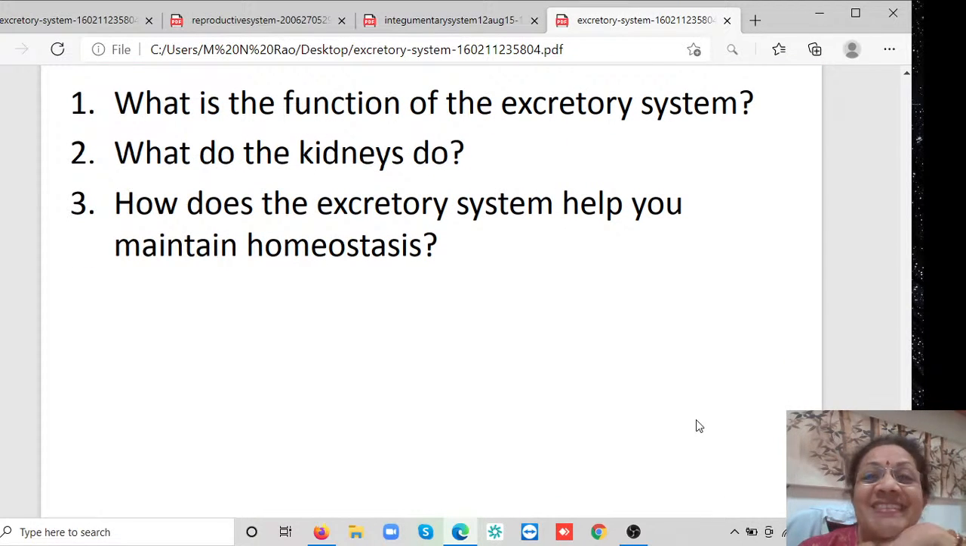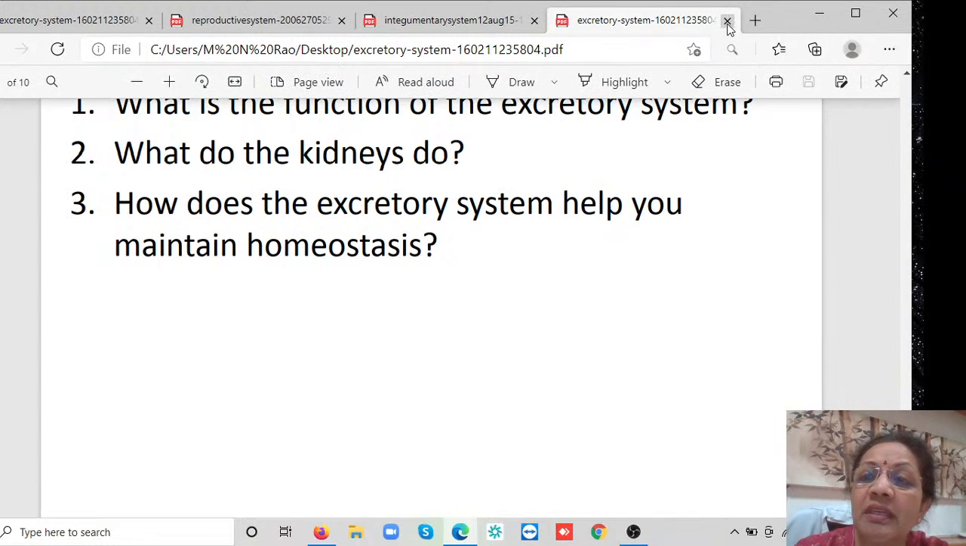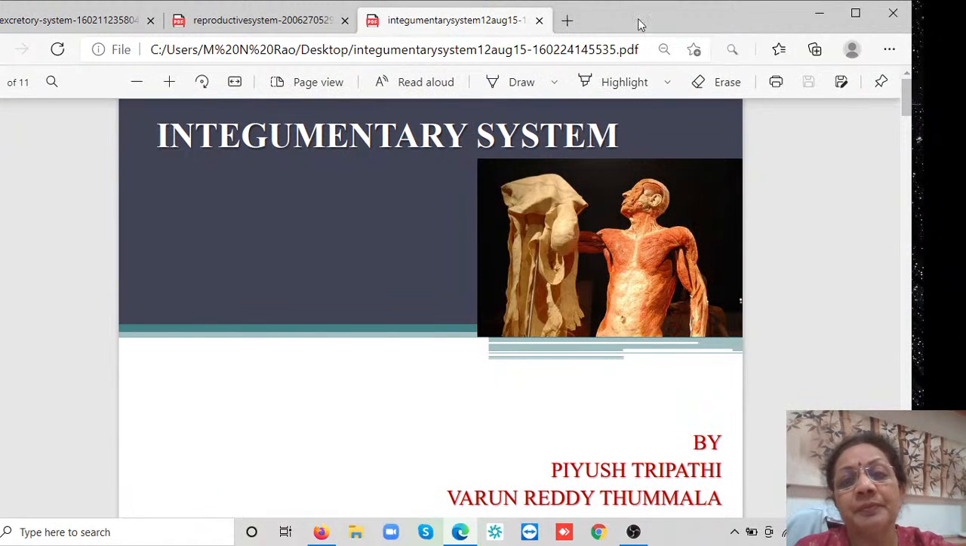Okay, this is again an 8th class question. I only wanted to show you the pictures as a reminder of what the structures are, where they are, how they differ in the male and the female, and what they do to bring about